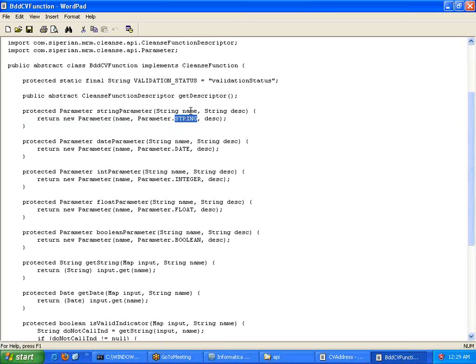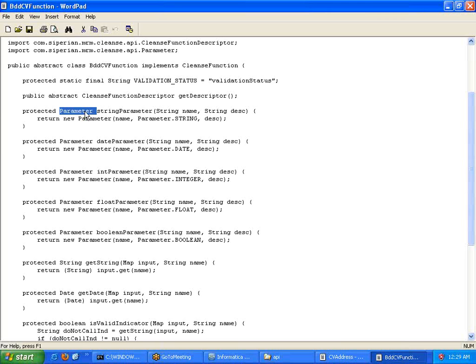So it takes a name and description and converts that to a parameter object. That is what will happen with this particular